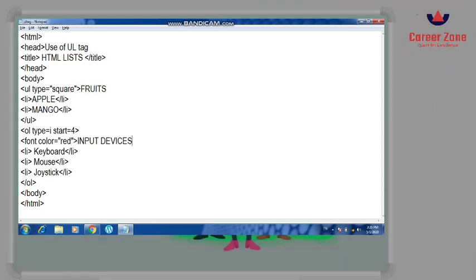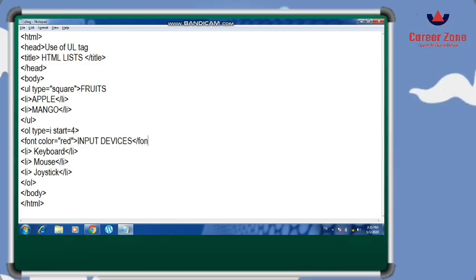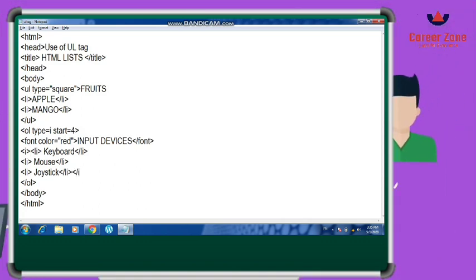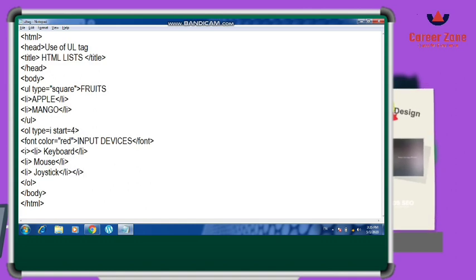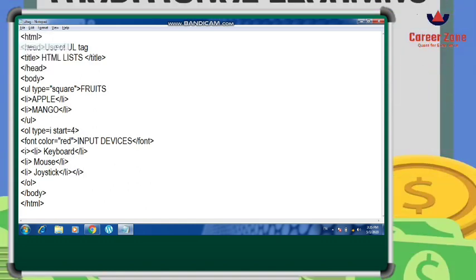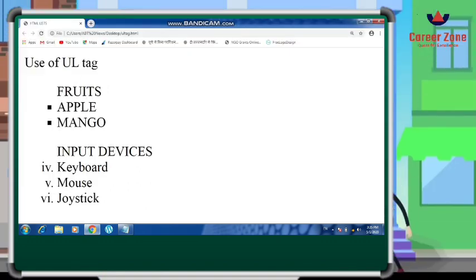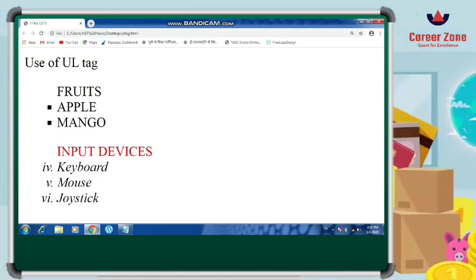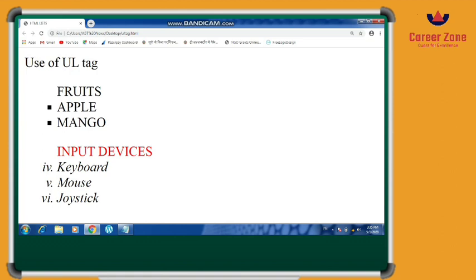If you want to give these in italic, you can open the italic tag, close the italic tag here, so points will be given in an italic form. So many more formatting styles you can apply. Every tag can be used in your web pages. This just depends upon your requirement. What is the requirement of your web page? So I hope you have understood this UL and OL tag.